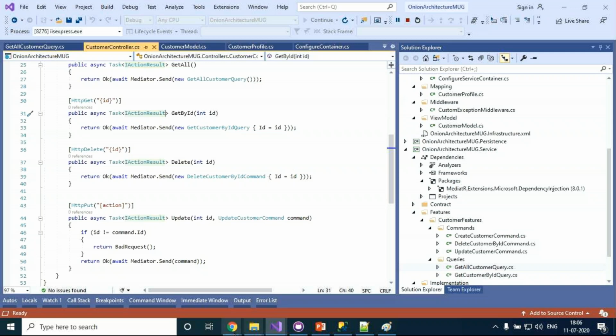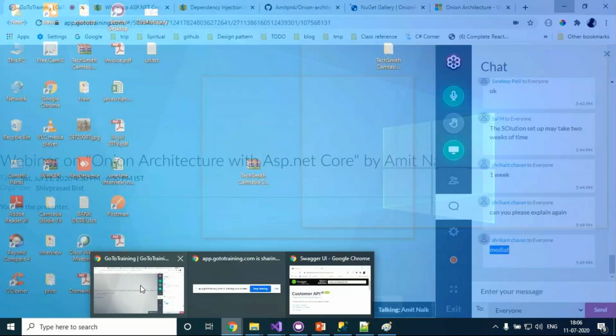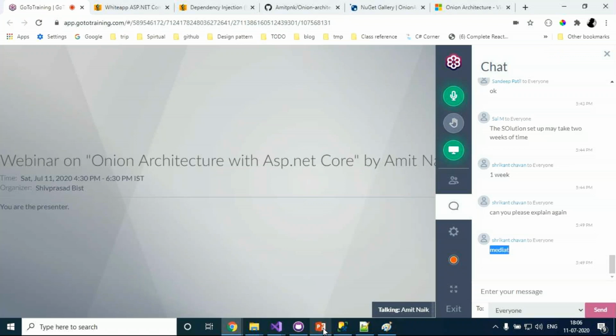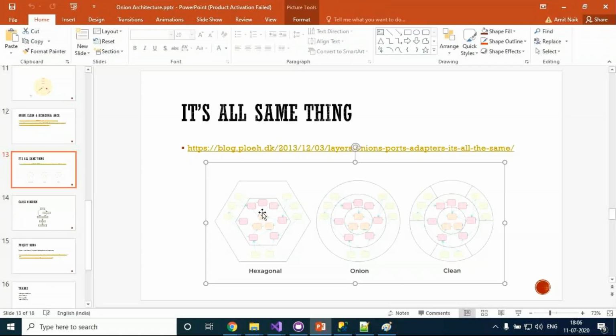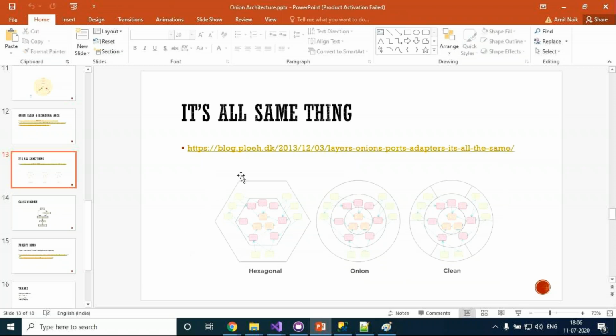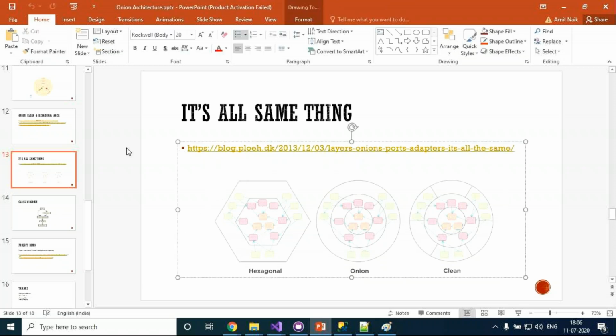And when you're talking about hexagonal, it is also based on services, but instead of the service infrastructure there is a service called port or adapter, where we can add and remove adapters. We can implement that using hexagonal. Whenever I first heard about hexagonal, I thought it might be a 6 layer architecture, but it's nothing like that. You can follow this link.